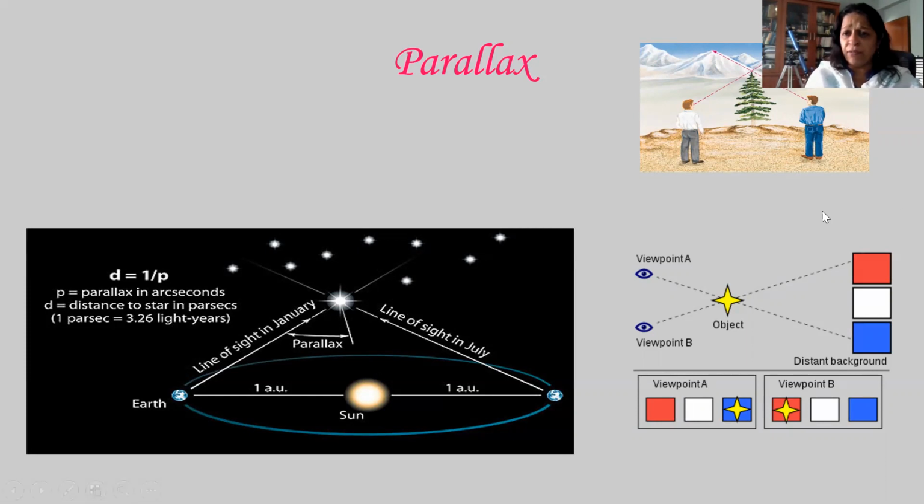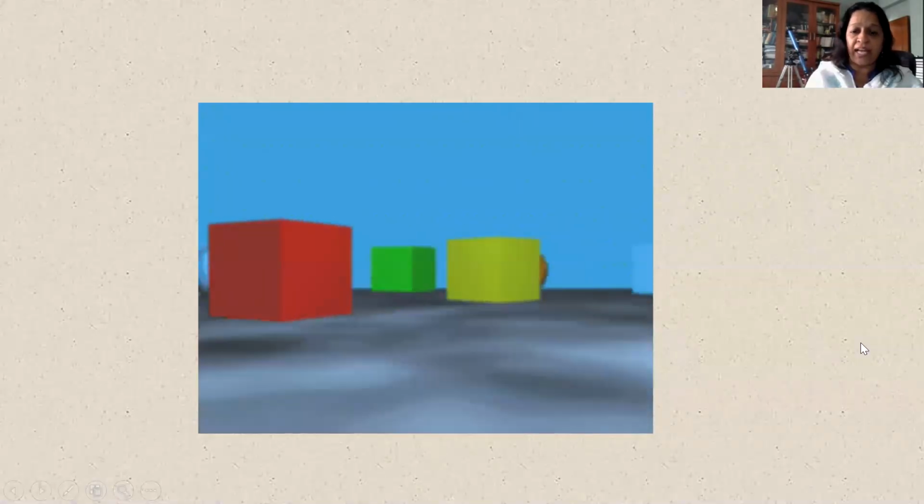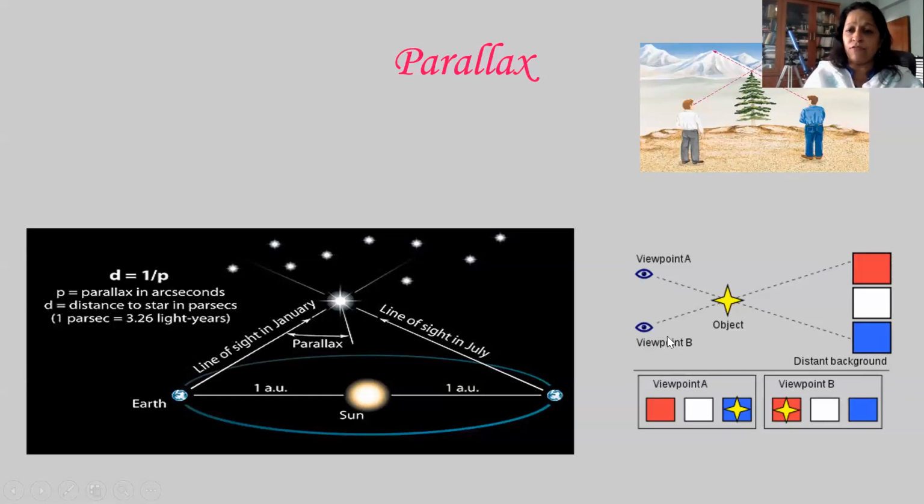So here I've got another image of it in terms of a star. I look from viewpoint A, I can see the star in front of the blue stars, supposing this blue region is some region of the sky. And if I see it from this side, I see it in front of the red background, right? And therefore, I kind of shift the position. The position was this and this. So I actually have this shift in position and I can measure this angle, which is called the parallax angle,